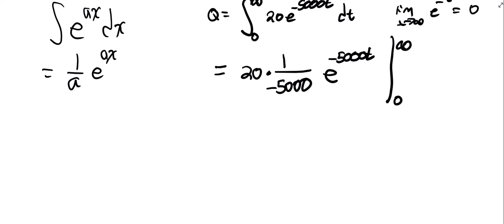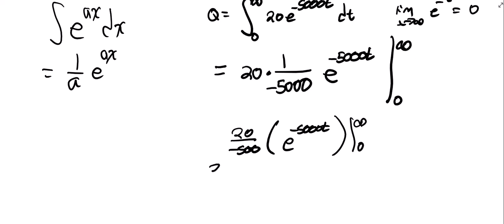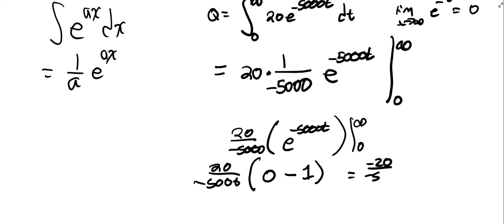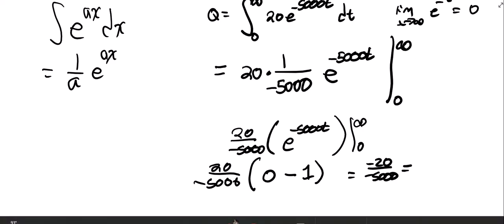I'll take the 20 over negative 5,000 out, and I've got e to the negative 5,000 t. Now I plug in infinity. E to the negative infinity is 0, minus e to the 0, which is 1. So this is now negative 20 over negative 5,000, which is